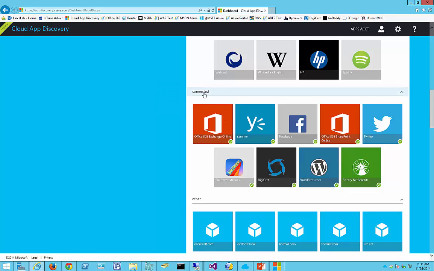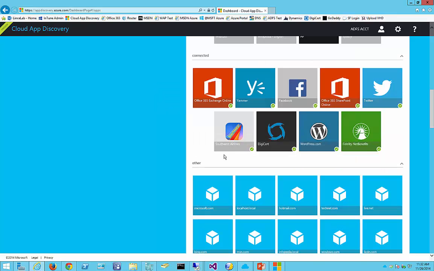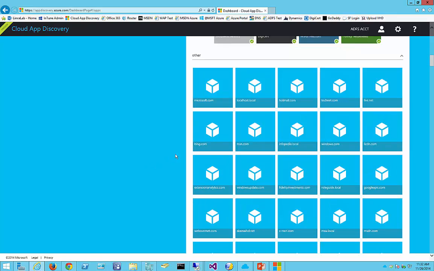The next section is the connected apps. So we can come down here and see Office 365. We can see we've used this 9,000 times, 2 users, over 2 gig of information, etc. What's really interesting is if you pick some application down here, these are the ones that people are using, but we're not federated to them. So there are obviously going to be ones in here like localhost and Microsoft.com that we don't have tiles for. But let's just say, for example,